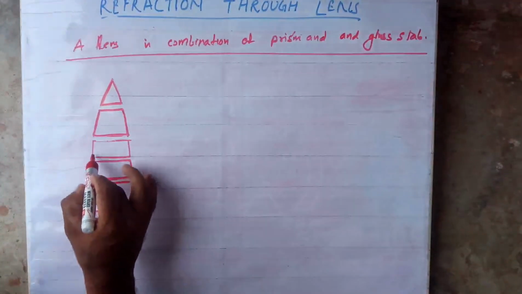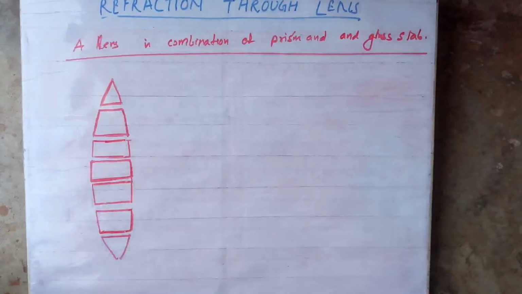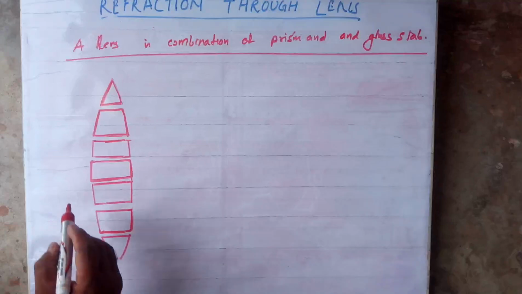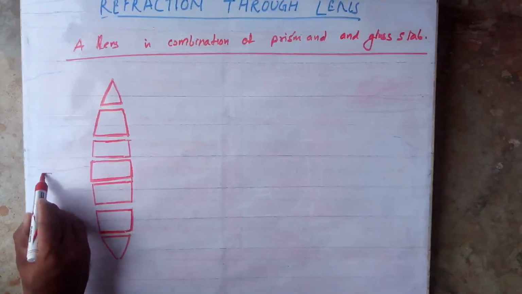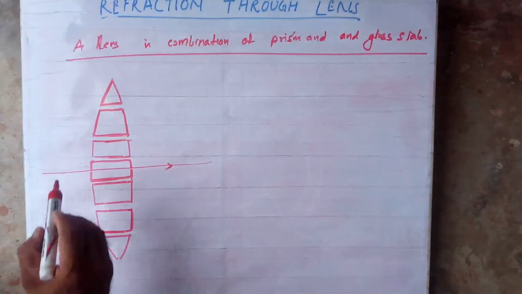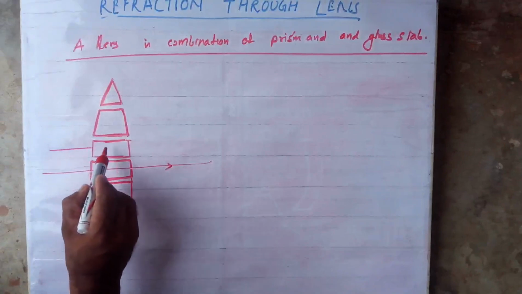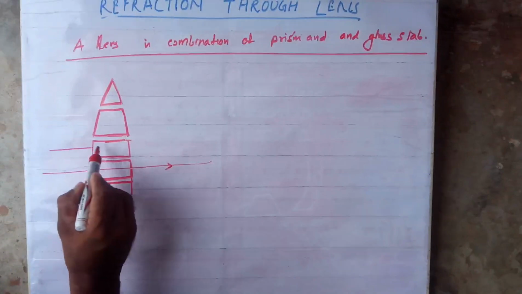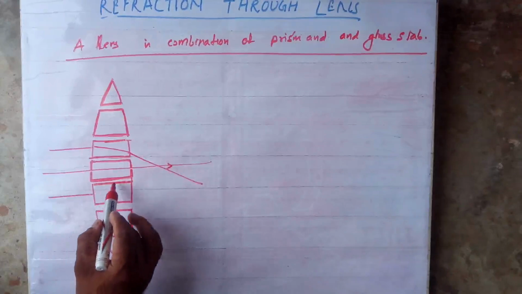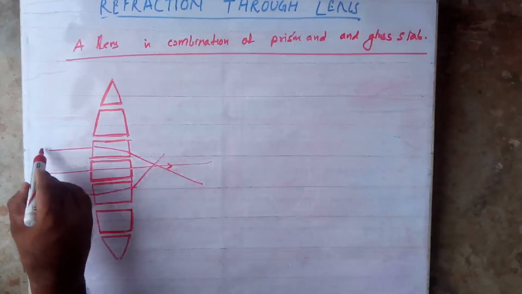This base, its base is this side, its base edge is on top. Now what will happen? Always you know, prisms bend the ray towards the base. So what will happen here? First ray is normally incident on the glass slab, goes without any deviation. When a ray is incident on this prism, as you know, it will bend towards the base. This is the base here. Similarly, if a ray is incident on this side, this base is upward, so it bends toward the base. Are you clear?